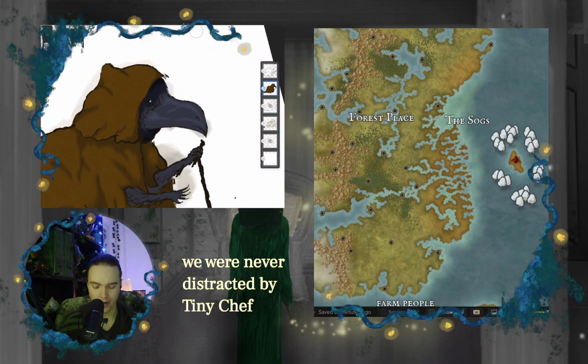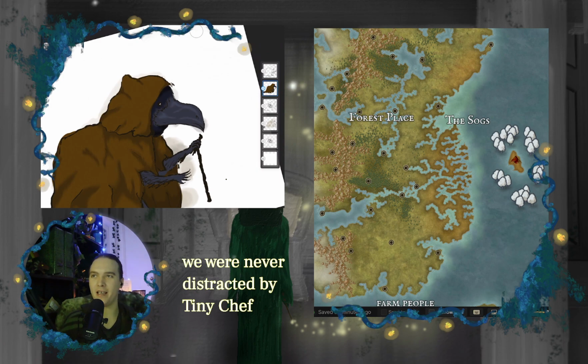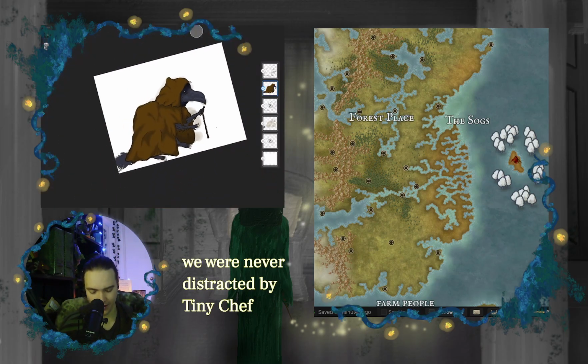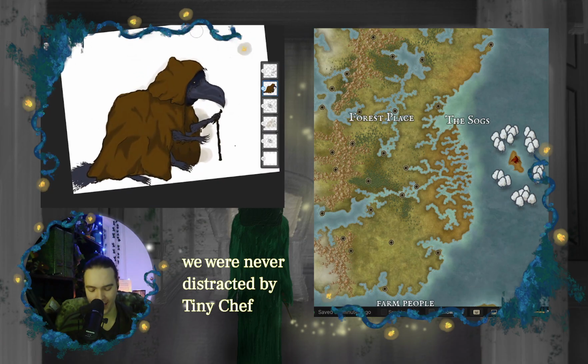Let's zoom out a little bit. Oh, that looks kind of nice. As a bird, yes. That's all I need. Oh my god, look at this little creature. I love it so much.